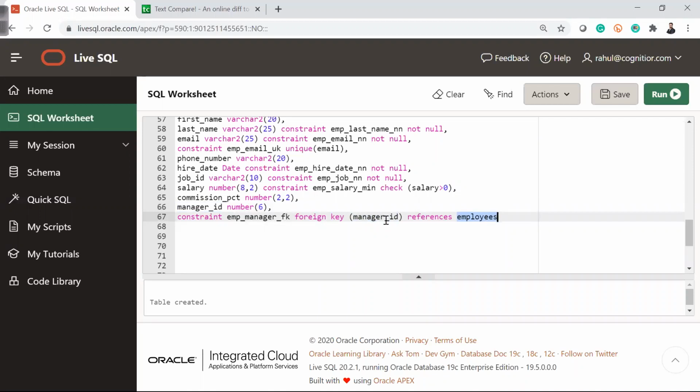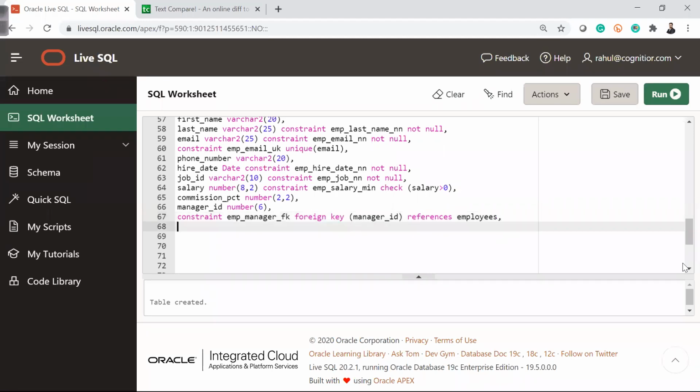That means this manager ID in the employee table is a primary key. It's like its own foreign key, right? This manager ID is its own foreign key. This type of concept is a bit tricky to understand, so we'll discuss that later as we proceed and talk about joins and all those things. You'll get the idea.